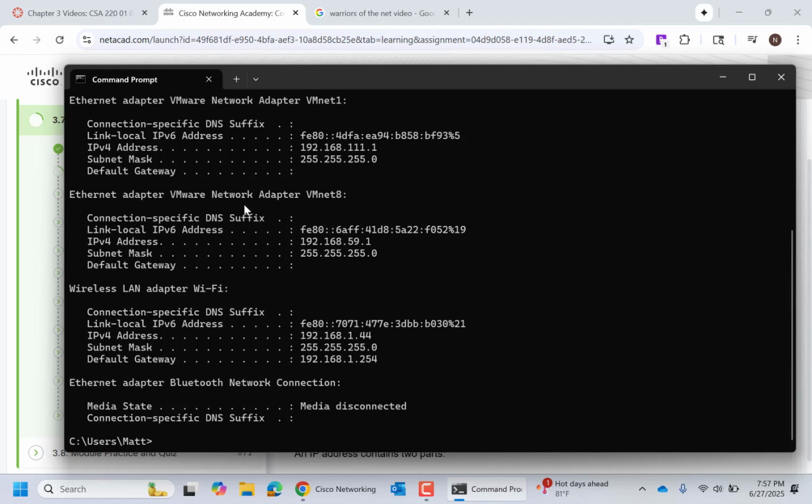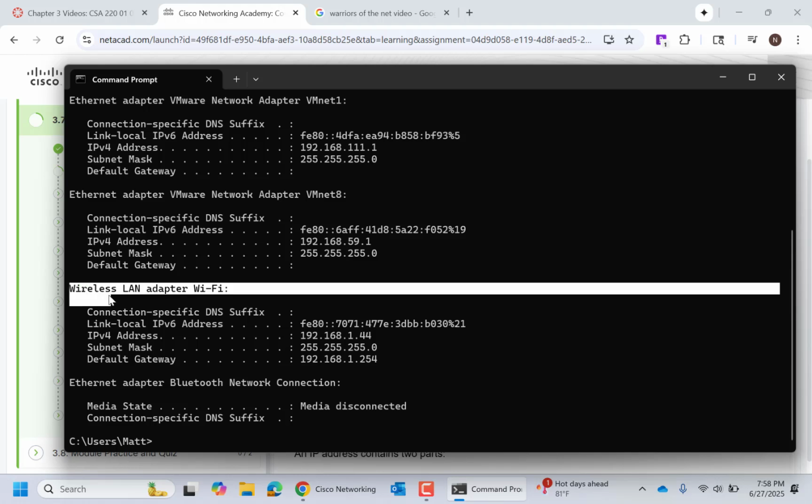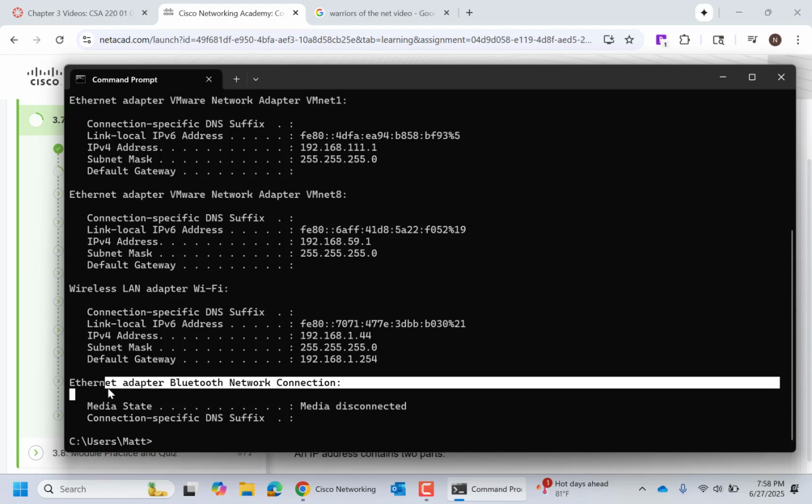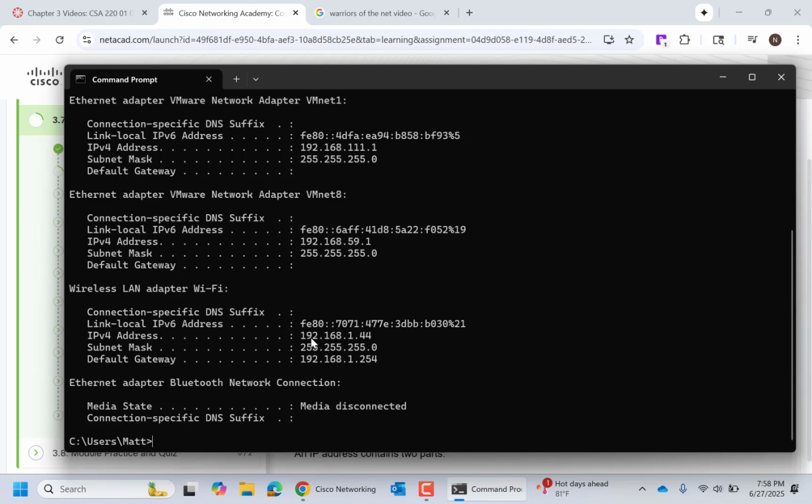Now I have something called VMware installed. We don't care about those adapters. I'm worried about either my wireless, because I'm wireless, or if you're wired up, you would look at your Ethernet adapter. So I'm wireless right now, and my IP address is 192.168.1.44.